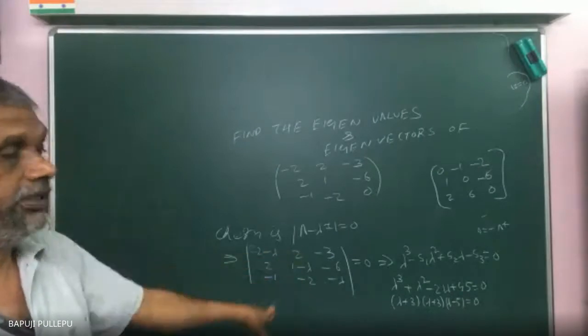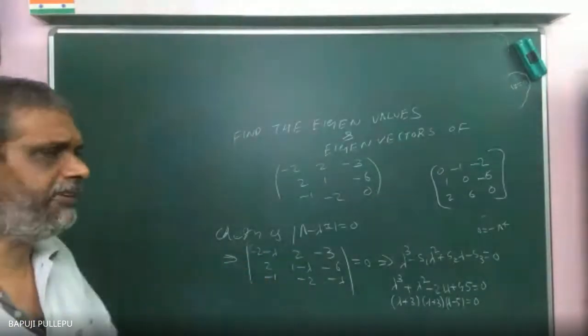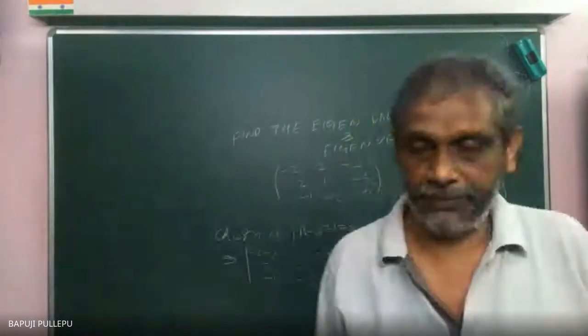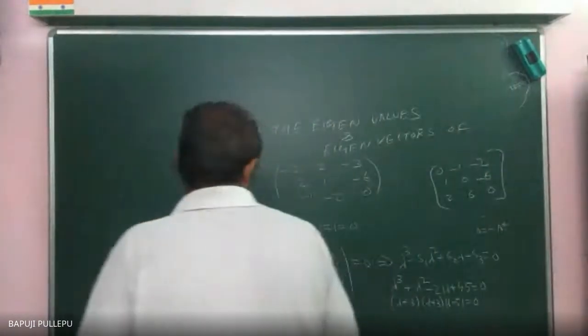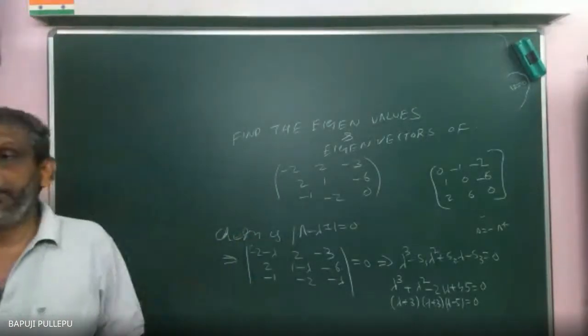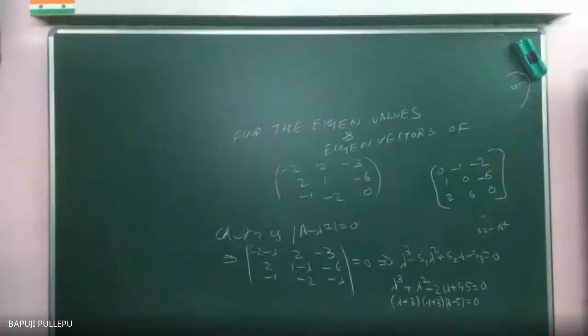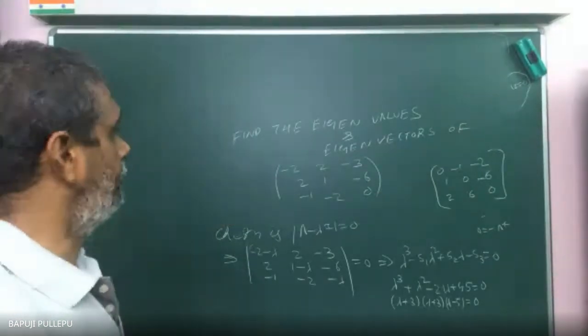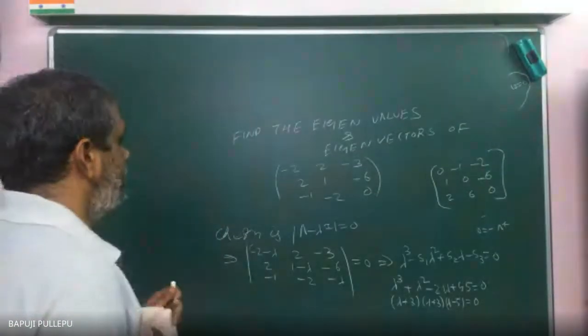This much of the story is there in between, so everything I am skipping. If you take it for granted, I am just skipping. Now my aim is what? Up to three eigenvalues, everyone can attack. Now the previous problem: lambda is equal to 1, 3, minus 4, which means I got the eigenvectors. Now two eigenvalues are the same. If two eigenvalues are the same, how to attack? Correct?